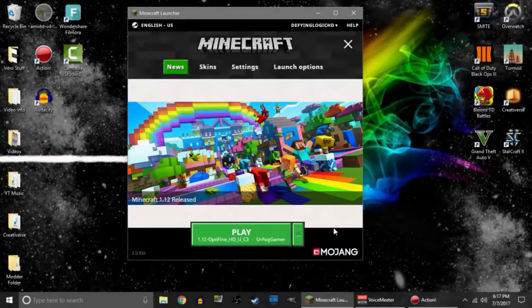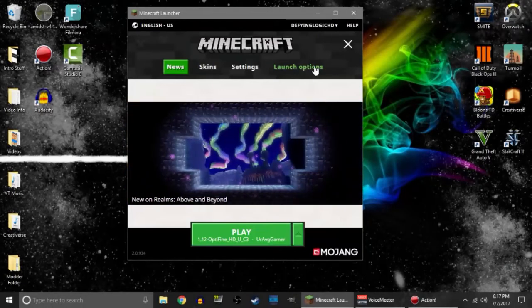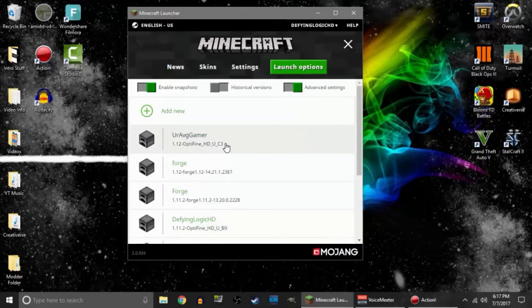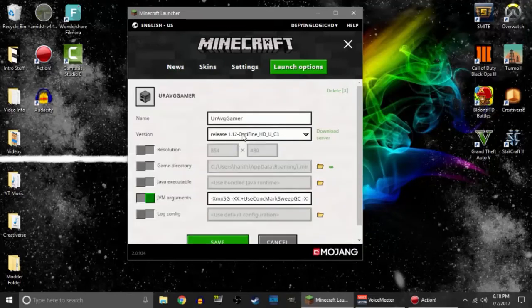Now, after you've had it installed and have it ready to go, you're actually going to do one step before we begin. You're going to go into your launch options, click on the actual profile that you want to play on, and then go down here and copy paste. Well, it should actually have a 1 right here. It should be something like this. Go ahead, click on this so it lets you edit it, delete the 1 and press 5,